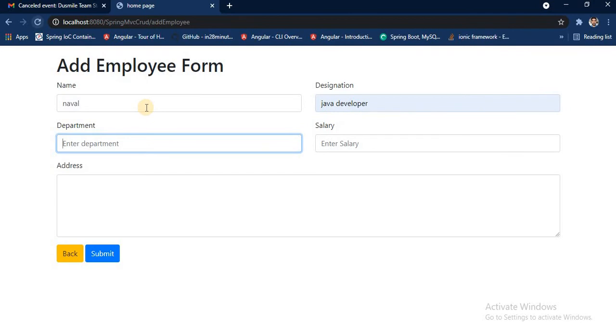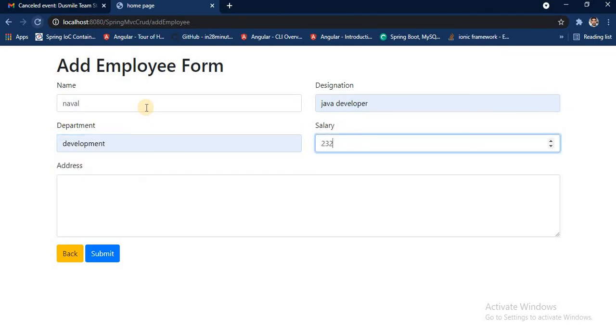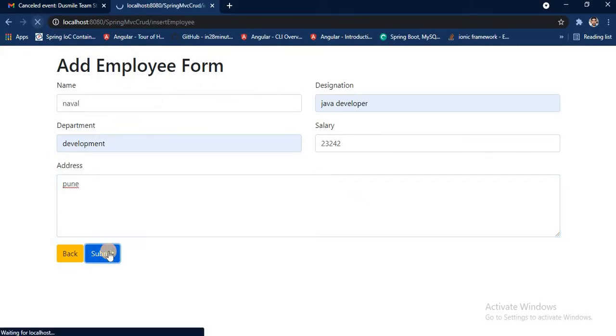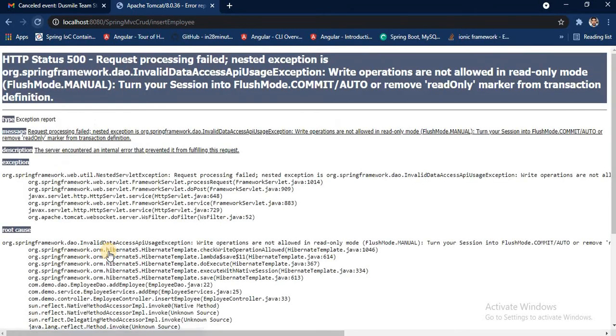Then department development, salary should be random, it's too much. Okay, Pune, and I'll click the submit button. Let's see. I think we got an error. Write operations are not allowed in read only mode.